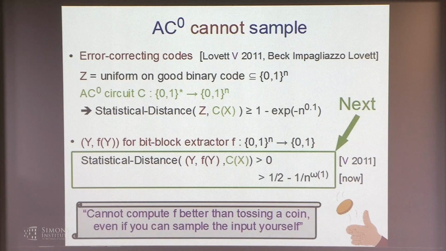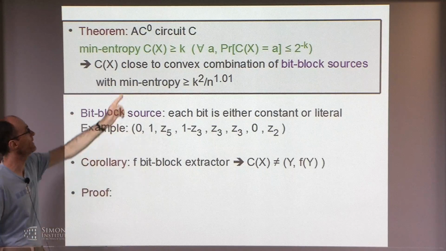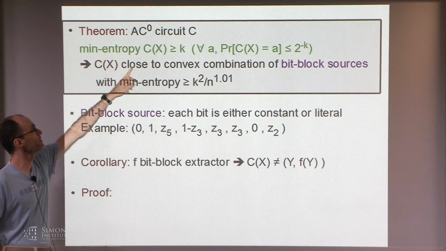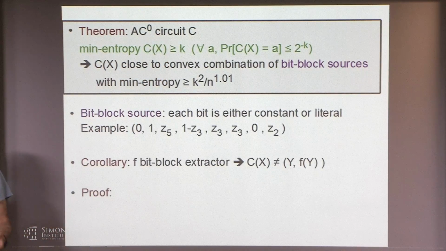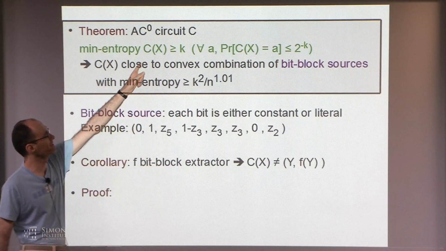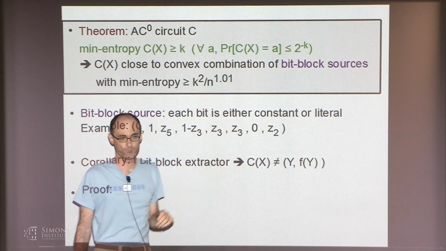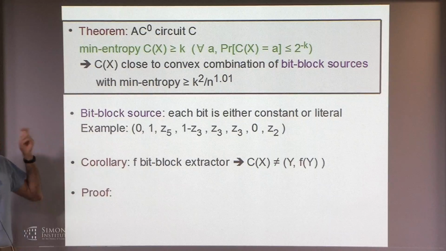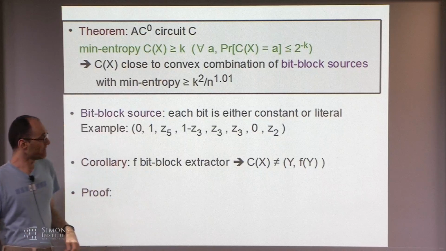All right. So for the first result, the main theorem is a characterization of distributions that you can sample in AC0 and that have high min-entropy. The min-entropy of a distribution is just its worst-case notion of entropy, as opposed to an average-case notion like Shannon entropy. The min-entropy is at least k if every string has mass at most 2 to the minus k. Okay? So the theorem says that if you have any circuit whose output distribution has min-entropy at least k, then